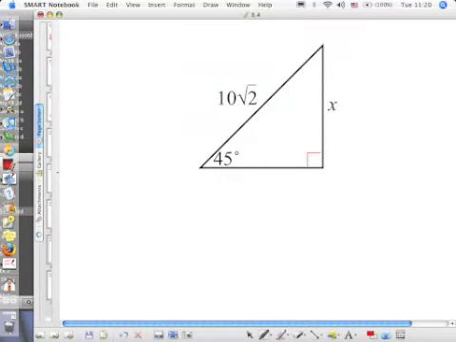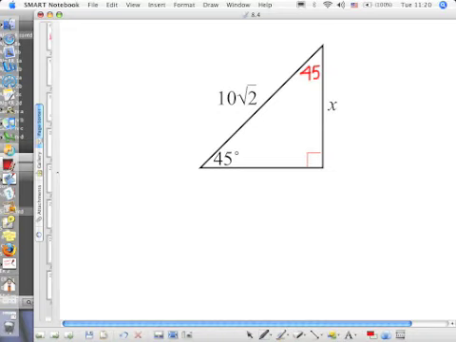4590, but for some reason on the screen it doesn't. So just bear with me. Wait, how did you get the last one? I forgot. The hypotenuse in a 45-45-90 is equal to the leg times the square root of 2. Oh, so the hypotenuse equals 6 square root of 2. Right. Okay, this is a